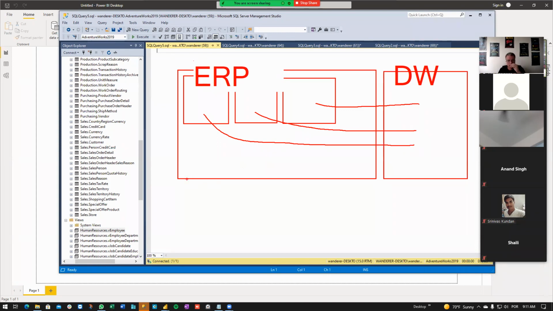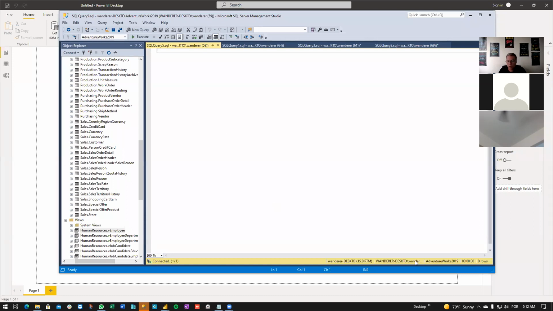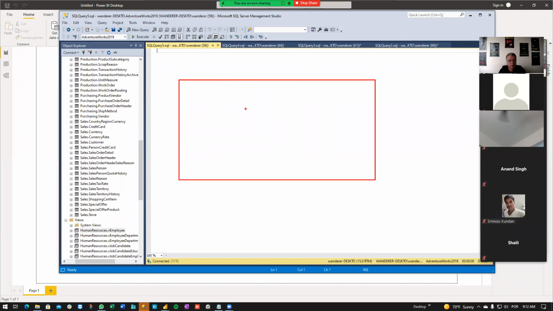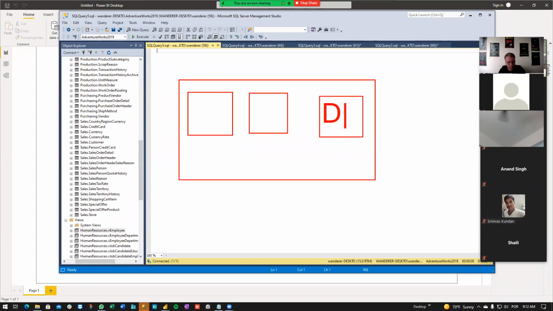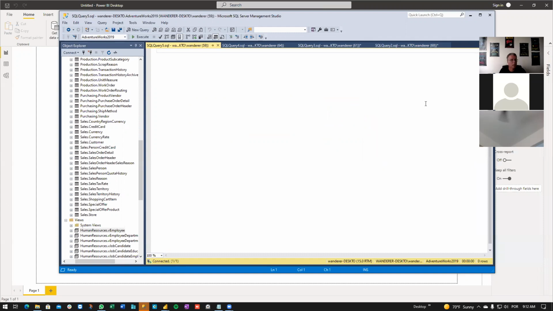The idea here is a session about SQL, not about data warehouse architecture. But what I'm going to show you guys is this. We have our database, we have our ERP here, and we will create our data warehouse here inside the same database. Okay, so what we are going to use is our sales information and product information. So we'll create these